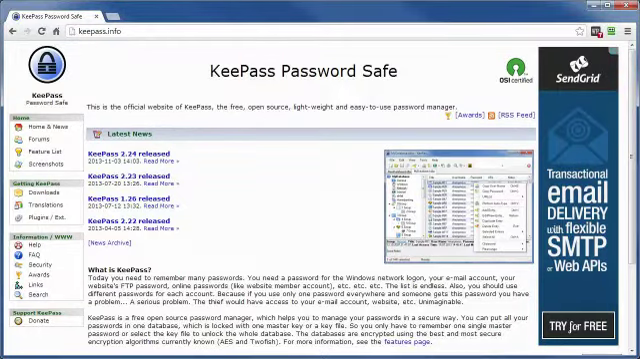KeePass is a free and open source password manager that, once you have it set up, will manage and protect as many passwords as you will ever have. All your passwords are protected inside of a database that you create on your computer. This video will show you how to create and secure that database so you can safely and easily store all